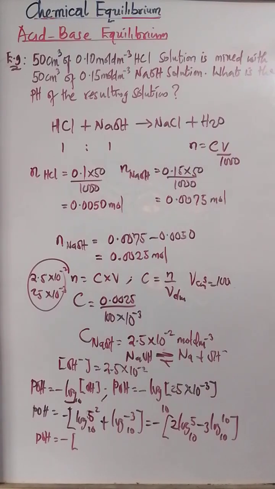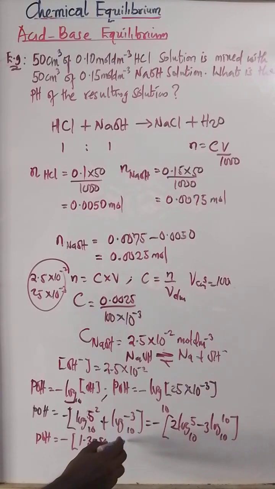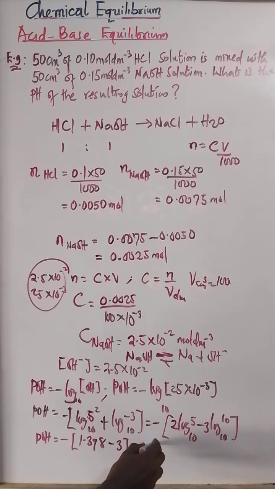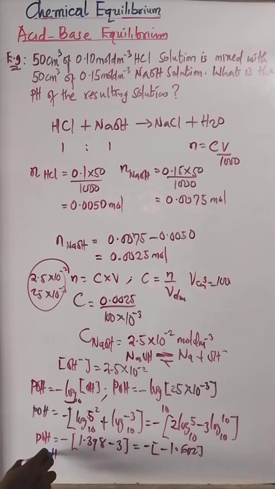Now, already I told you should know log 2, log 3, and log 5. From what I gave you, log 5 is 0.6990. So 2 multiplied by what? 0.6990. And that will be 1.398. Log 10 base 10 is 1. 1 times 3 is 3. So this equals to 1.398 minus 3 will give us minus 1.602. Minus minus give us plus. So it means the pOH equals to